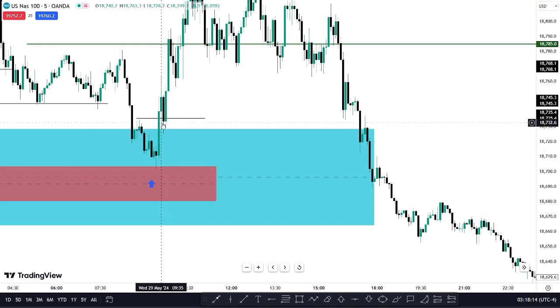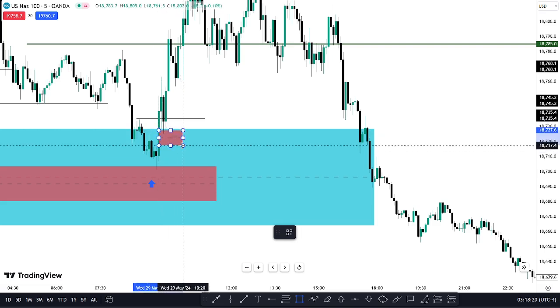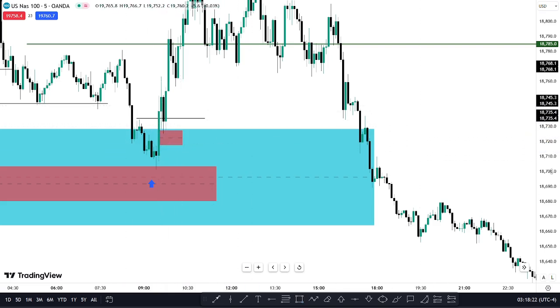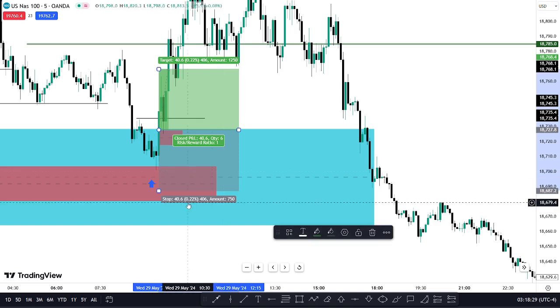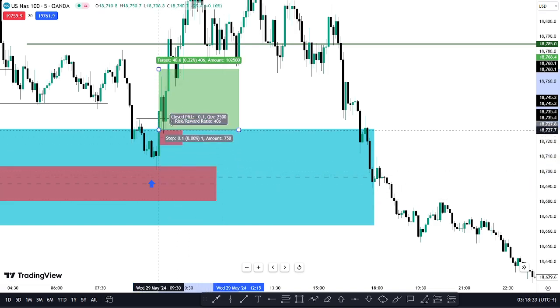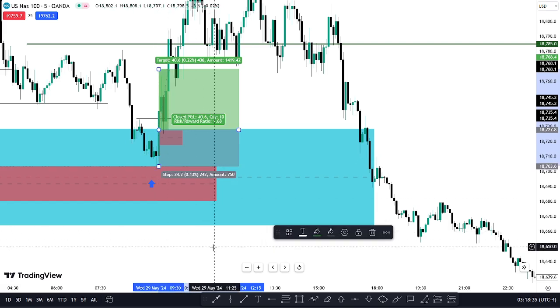So this will be your breaker with a fair value gap. Nice entry for the breaker, nice entry model. Then we are going long right at the fair value gap. Remember your stop loss, not more than 40 pips, but utilizing the breaker, you would know already that